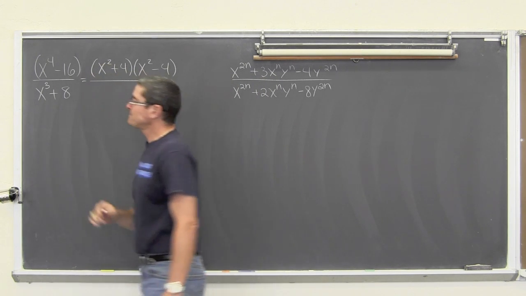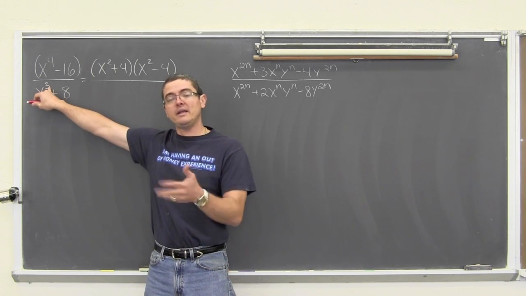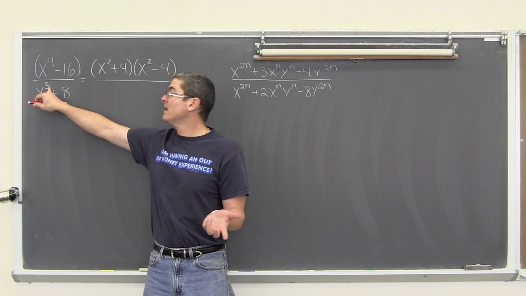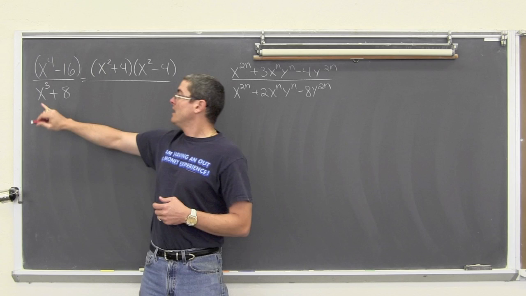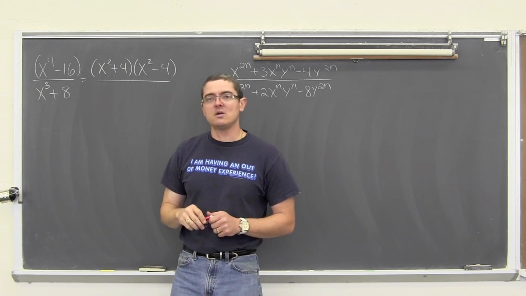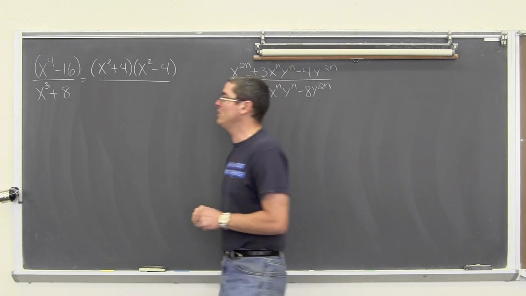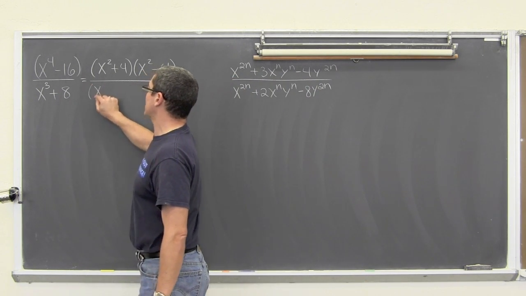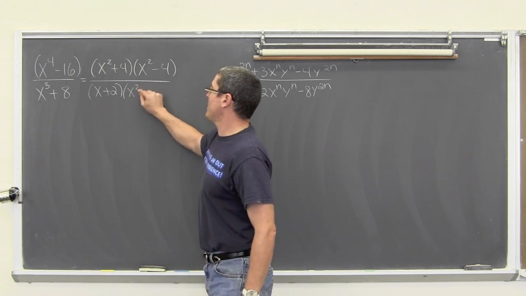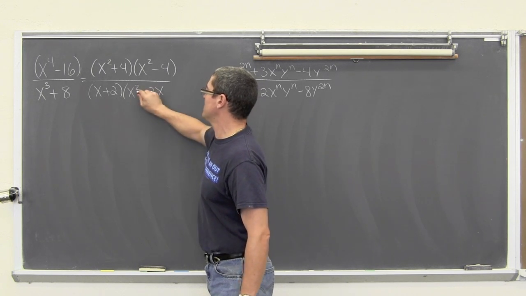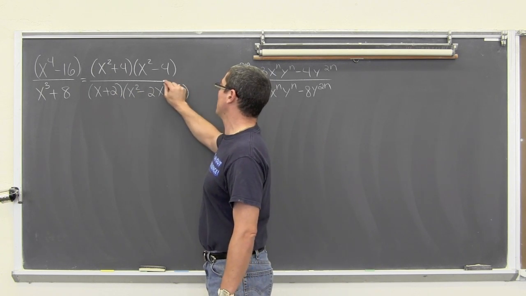The denominator is a sum of perfect cubes. This has a power of 3, or any exponent that is divisible by 3, like x to the 6th, x to the 9th, x to the 12th. Those are all considered perfect cubes. And then, of course, the cube root of 8 is equal to 2. So this, remembering our pattern for the sum of cubes, is going to be equal to x plus 2, again cube root, times x squared minus 2x plus 2 squared, which is going to be equal to 4.